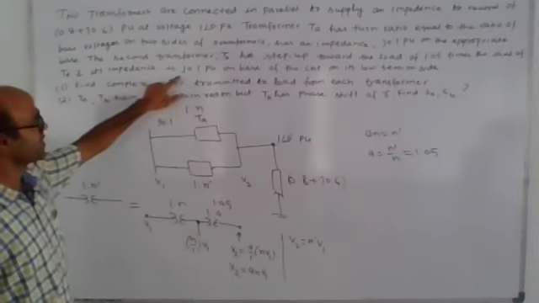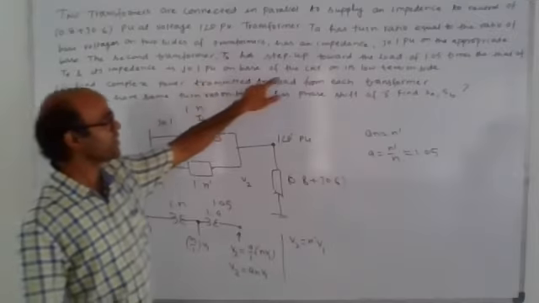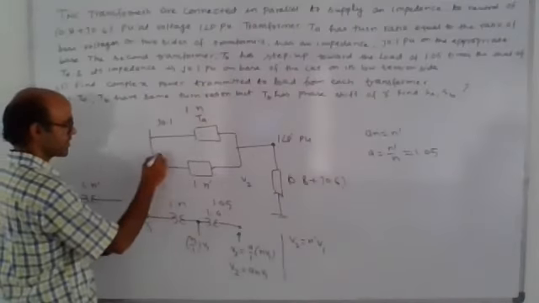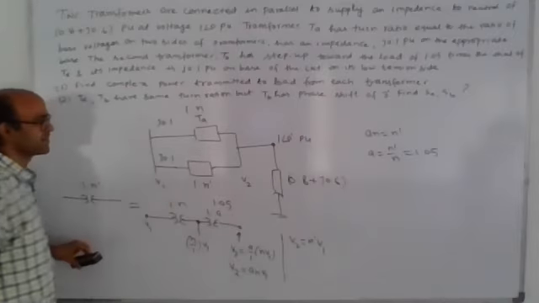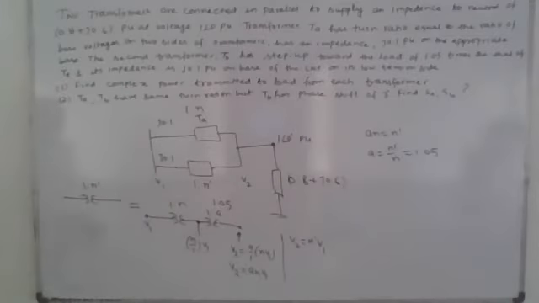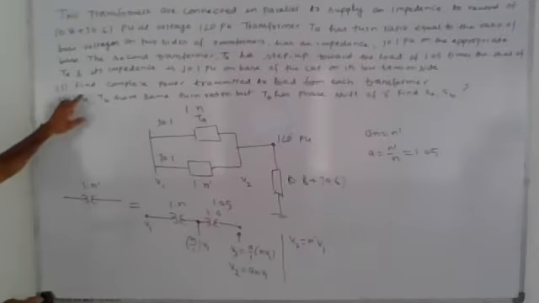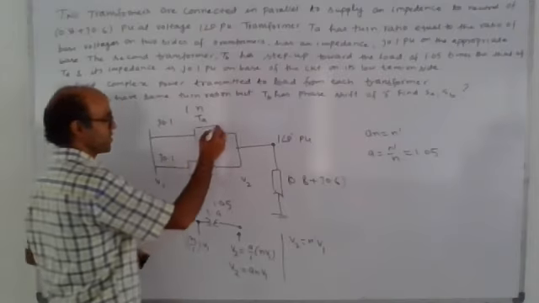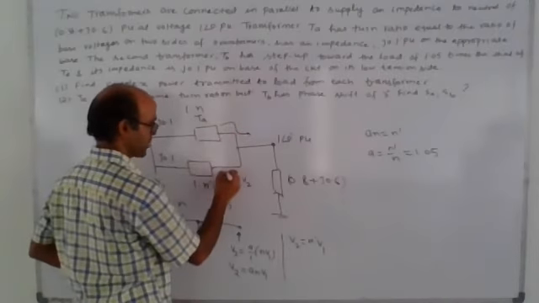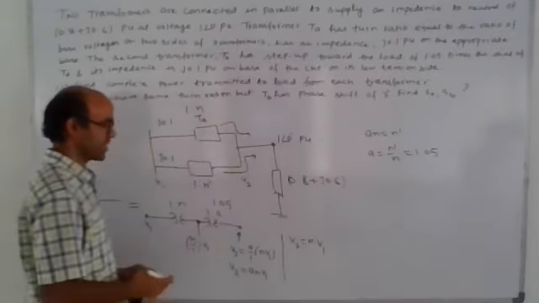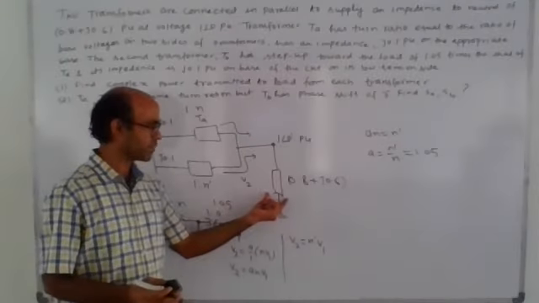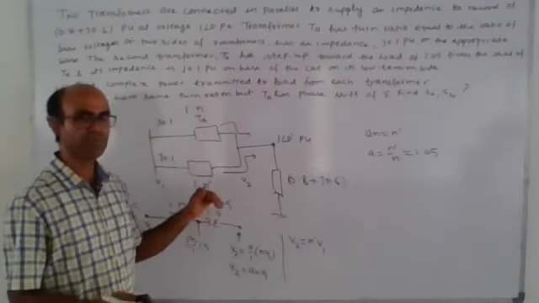Its impedance is j 0.1 on the base of the circuit on its low tension side. So this is the low tension side, and 0.1 impedance is given. So this is the question. In this question, it will ask what is the complex power delivered by both transformers. What is the power transferred by this transformer to this load? How much power is delivered to the load by each individual transformer? That we need to find.